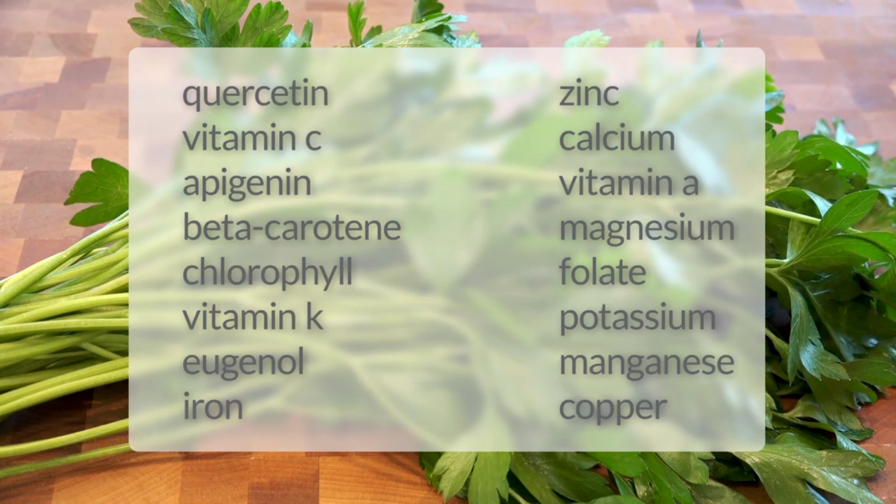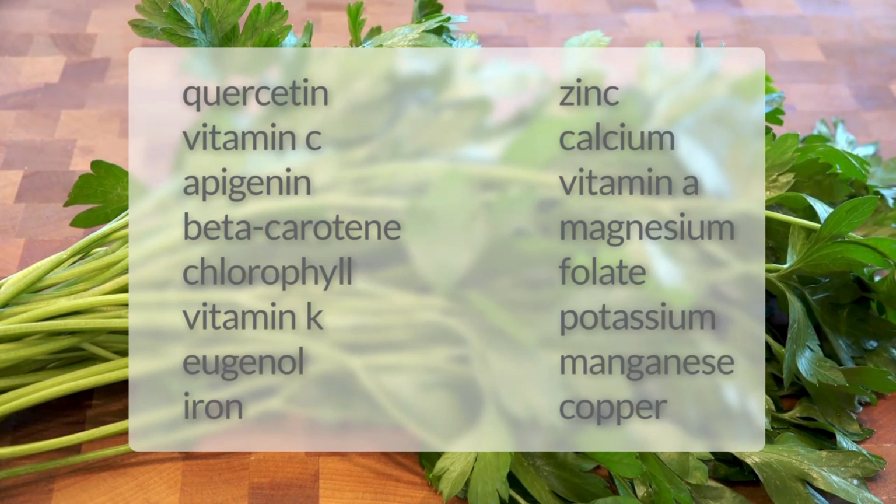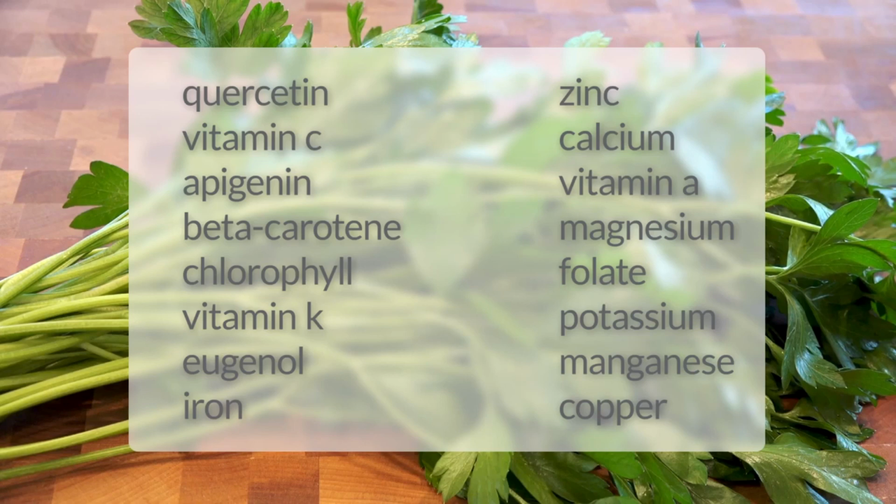As of now, the formula that makes a plant cannot be duplicated, and how the ingredients work together is not fully understood yet. So it's less about extracting pieces of it and more about using them whole, because the combination of its ingredients and how they work and blend together is what really matters. This list of ingredients that make up parsley is not even close to scratching the surface, but there are a few